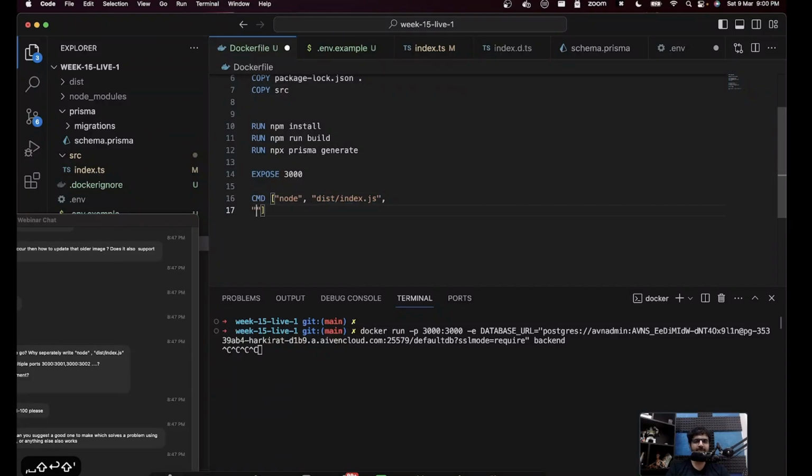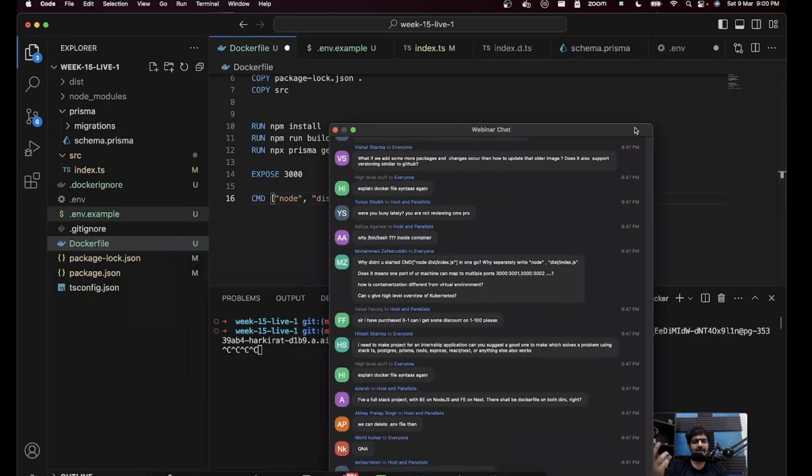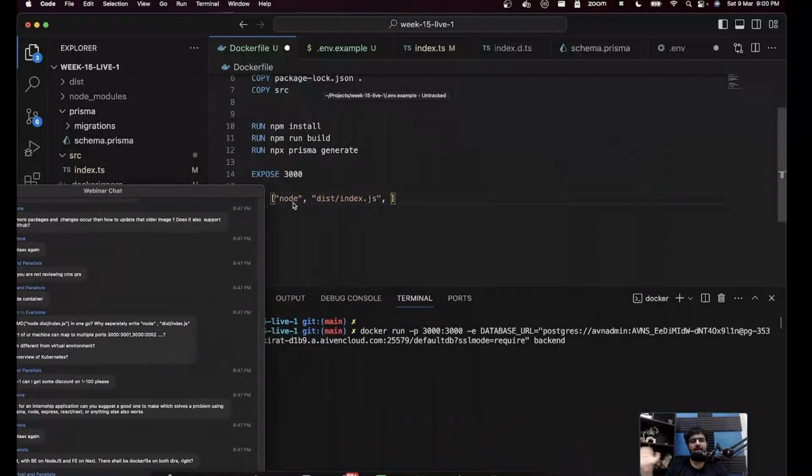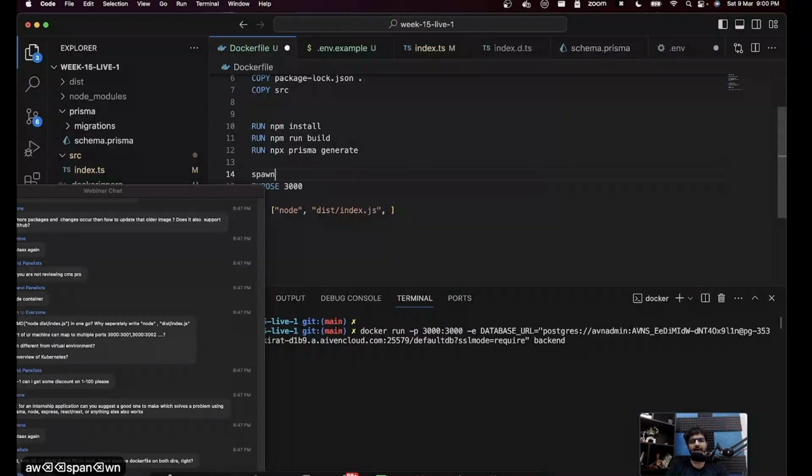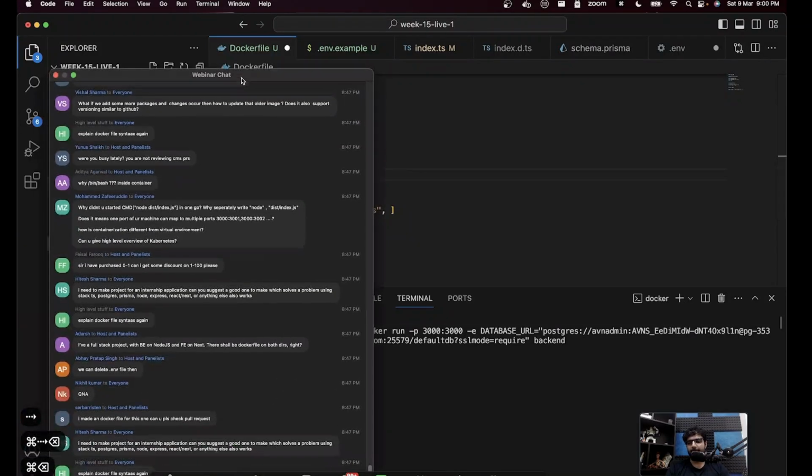Can you give more arguments? Maybe if your application wants, ours does not. That's a high level of why you'll always see, even when you're using something like either spawn or exec, I forget which one, probably exec in Node.js, you first pass in node and then you pass in an array of arguments. So yeah, that's why. Cool.